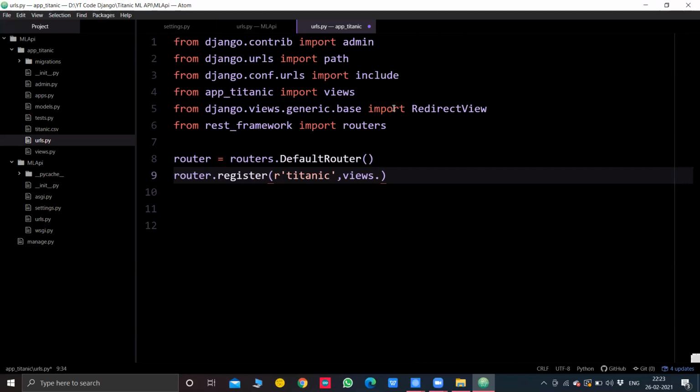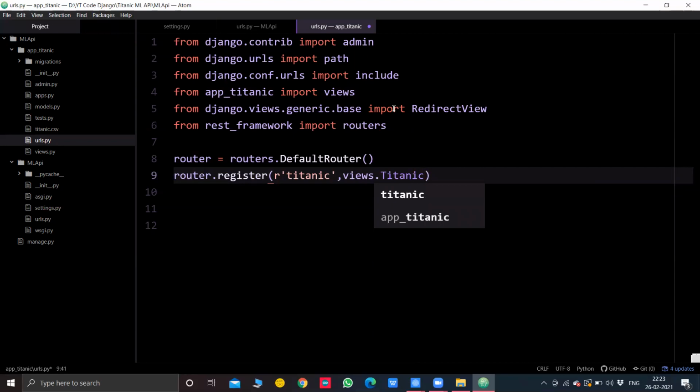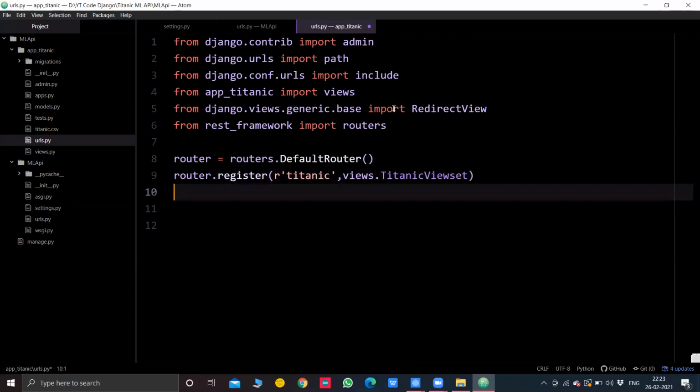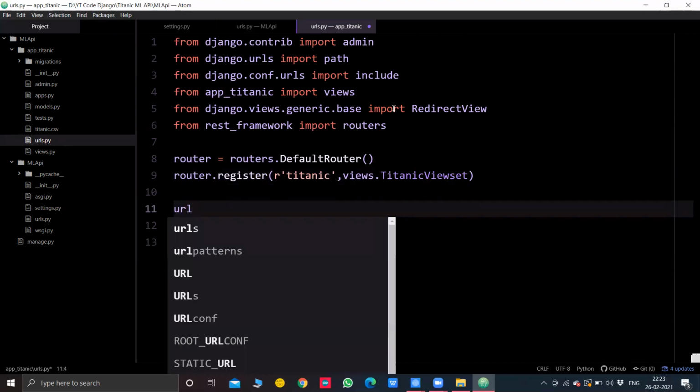What did we register in our college API in the router section? Always the view set has to be registered with the router. So we'll name the view set TitanicViewSet, and we'll make the view set after this.